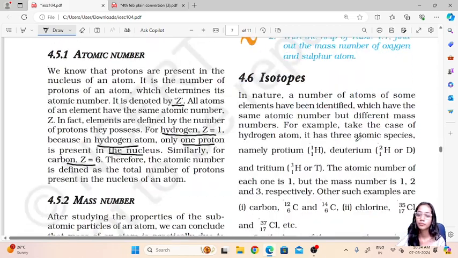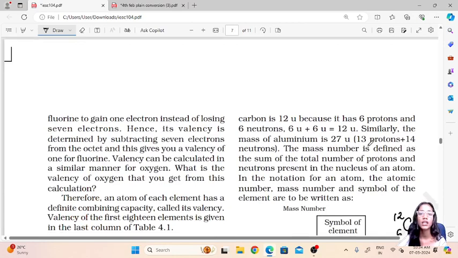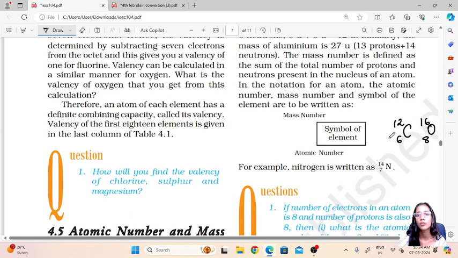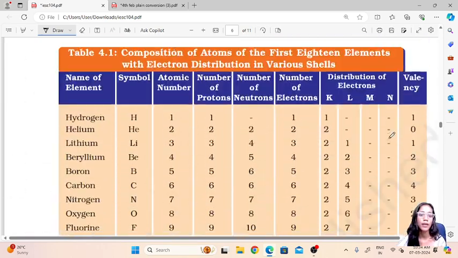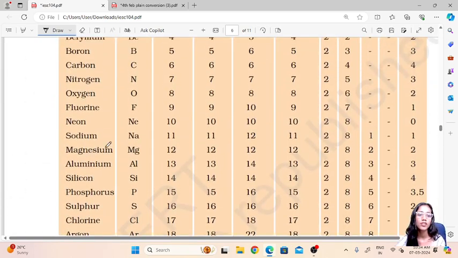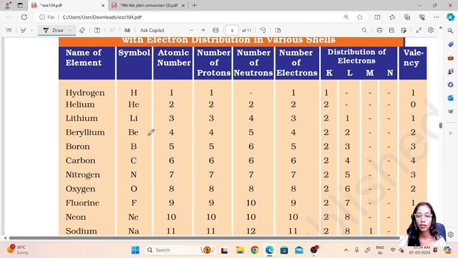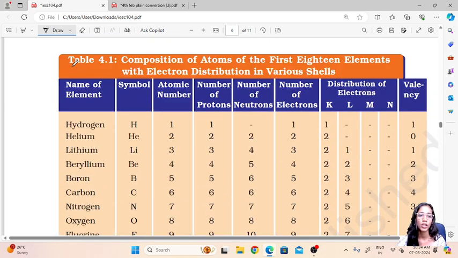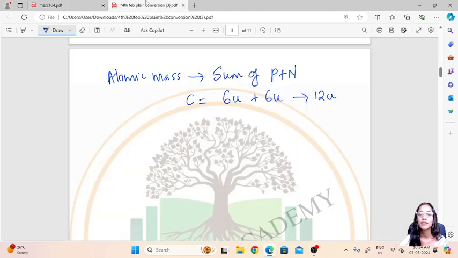The questions over here will be: define atomic mass, define atomic number, and write the notation of a particular element. Directly they will ask you to write the notation of the element sodium. So the most important thing is to remember their symbols as well as the number of protons and neutrons. That means you have to remember the mass number and atomic number. From this table we have to remember all the symbols, the atomic number and mass number from the exam point of view.